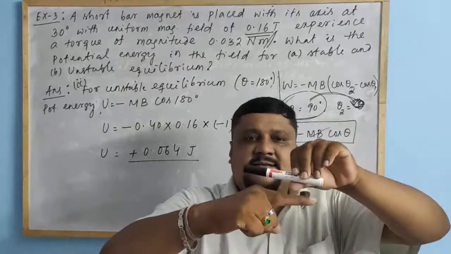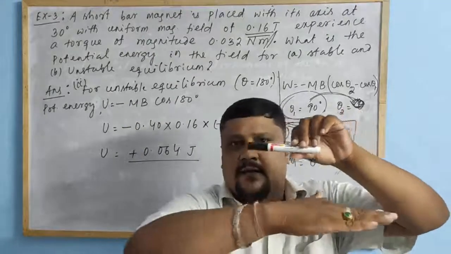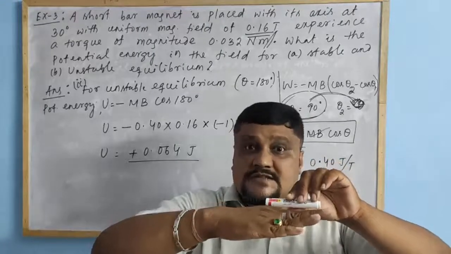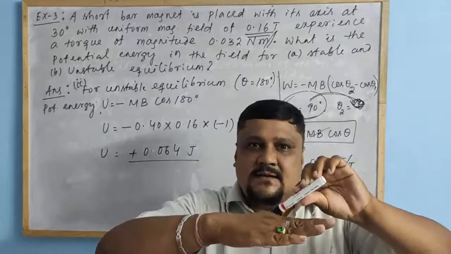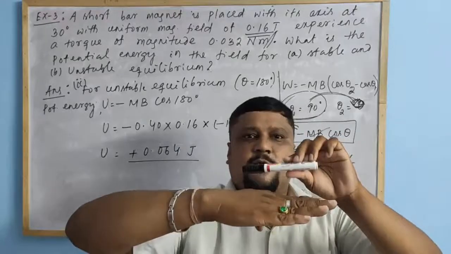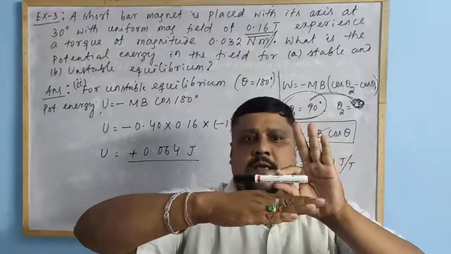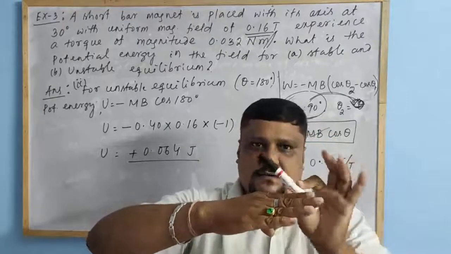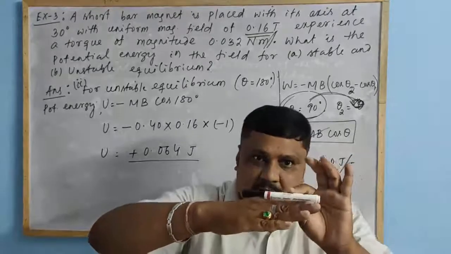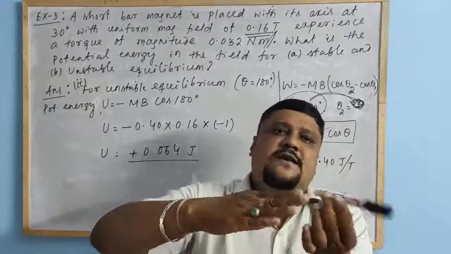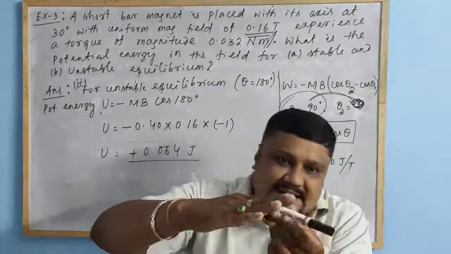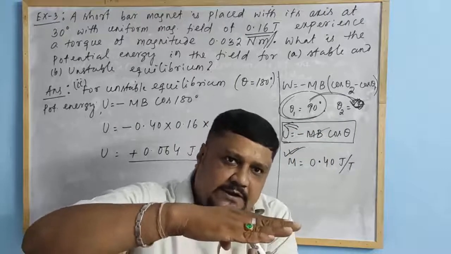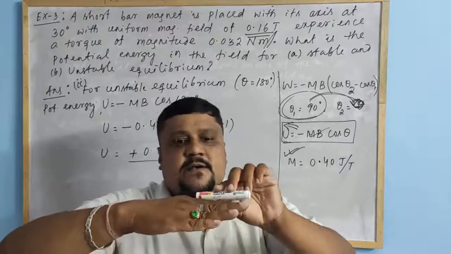If it is placed like this, at 180 degree, this is the direction of the magnetic field, this is the dipole moment, which is 180, unstable. Unstable means once it is placed like this, it is in equilibrium, but if by external agency you deflect it from its initial position, then it goes on disturbing. It will not come back here. But when it is stable, if you disturb, it will come back. When it is unstable, it will not come back.